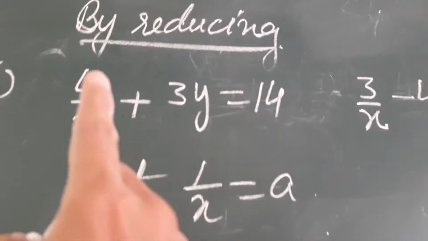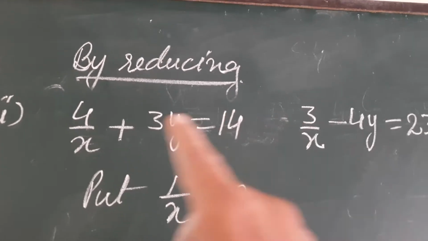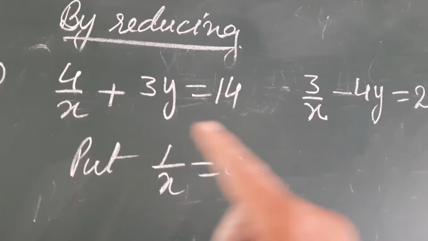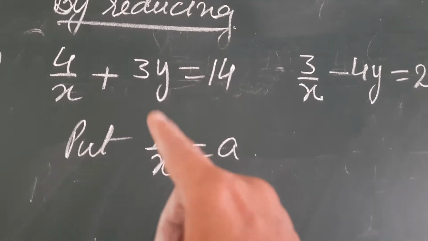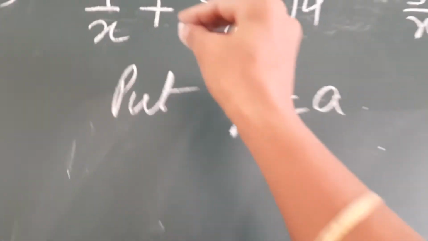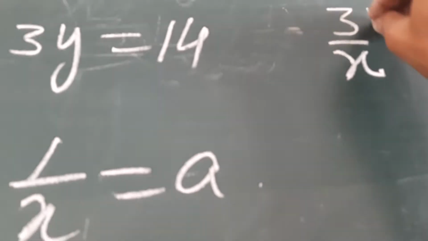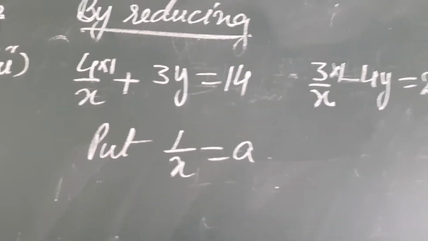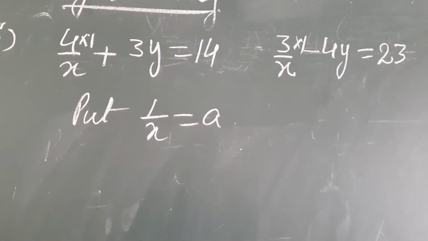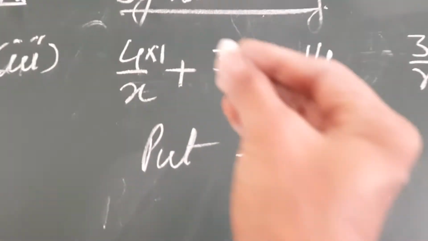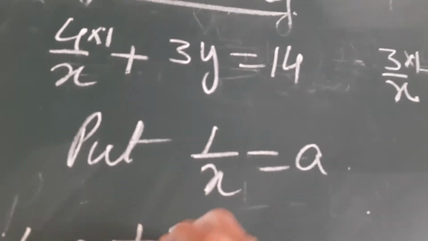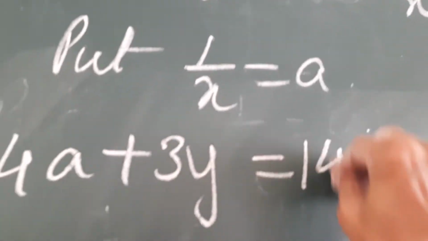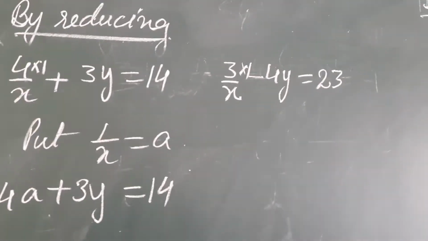As 4 is not common in the numerator, only x is common in the denominator, we will take x in the denominator. So to make the numerator common, what can we do? We can place a 1 because it doesn't change the value of the equation. So we will write 1 by x is equal to a. So what do we get? 4a plus the remaining things will remain the same, plus 3y is equal to 14,